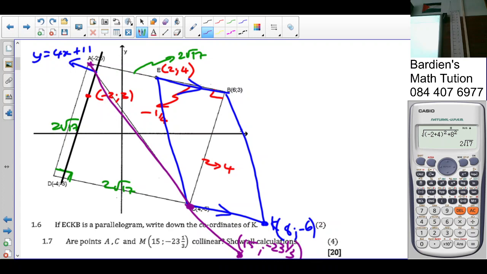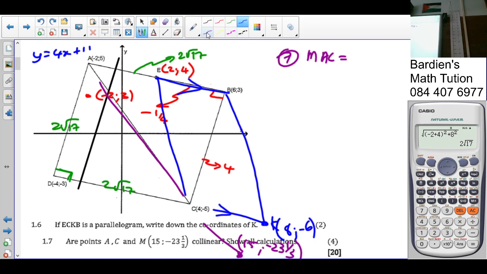If points are collinear, what do we know? Gradients are the same. So we're going to work out the gradient of AC. Change in Y over change in X. Okay? So this here is going to be 5